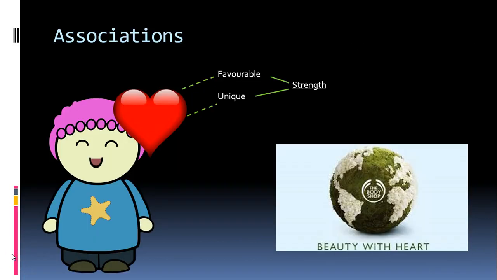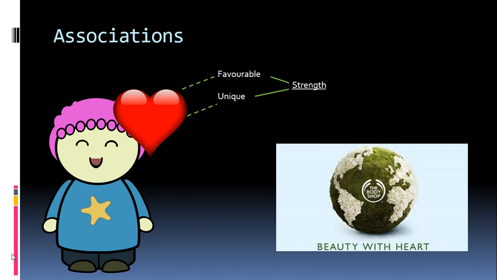We want to build associations because we know that brand meaning is important to consumers, and these are all the things that the consumer thinks about when they see our brand. So it's the kind of driver in terms of the meaning that they derive from the brand that we talked about in the first couple of lectures. Now, it's important that these associations lead to brand strength, so to give us in turn some equity. They need to be both favourable, so things that the customer's interested in, that are relevant to the customer, that they're going to want to be associated with, and equally unique.